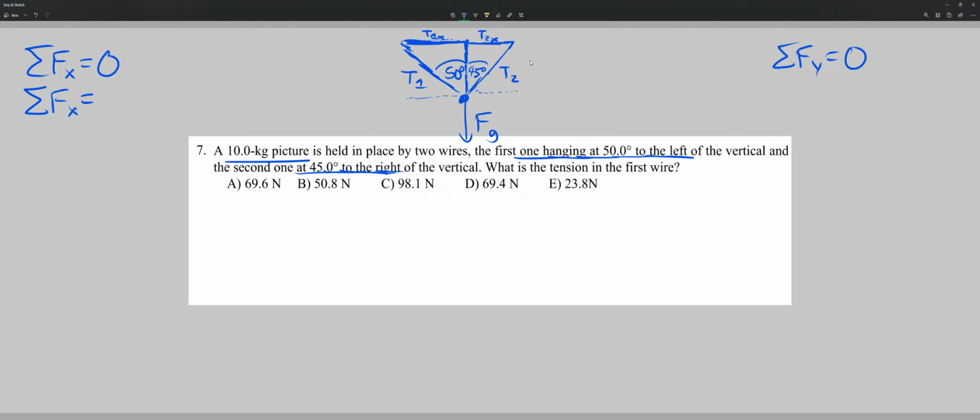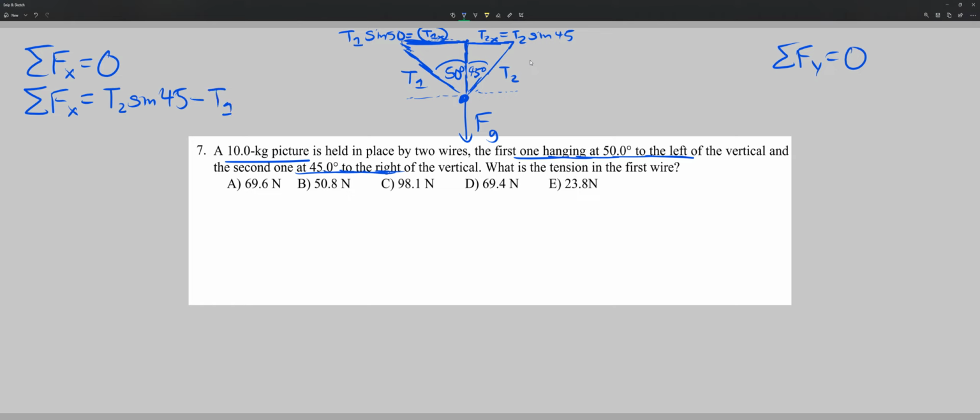And what is this horizontal vector equal to? This horizontal vector T1x is opposite of my angle, which means that that's sine. And we always begin with the hypotenuse, so that is T1 sine 50. And the other side is T2 sine 45. We always begin with the hypotenuse and then follow up with either sine or cosine. So my horizontal vectors here are T2 sine 45